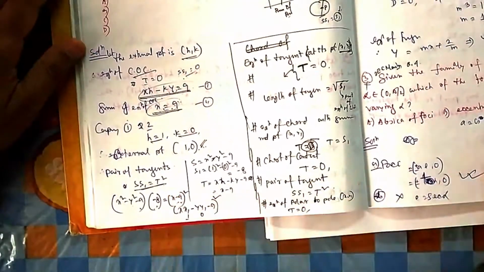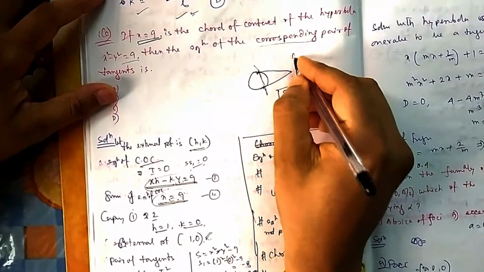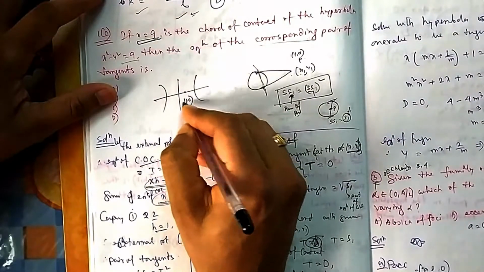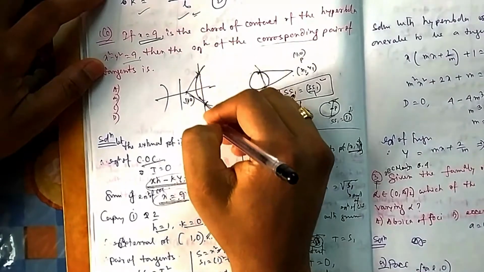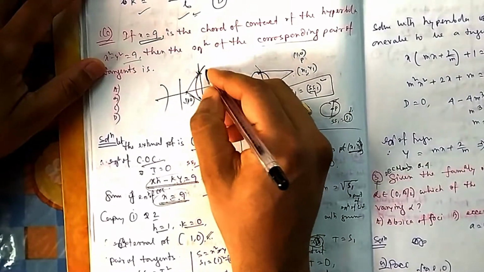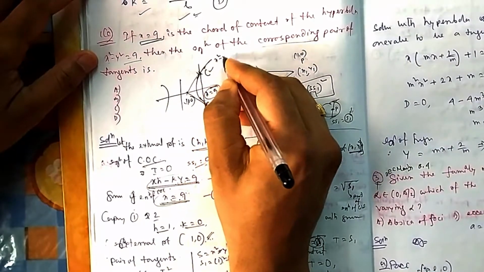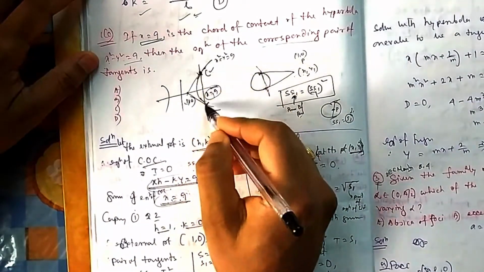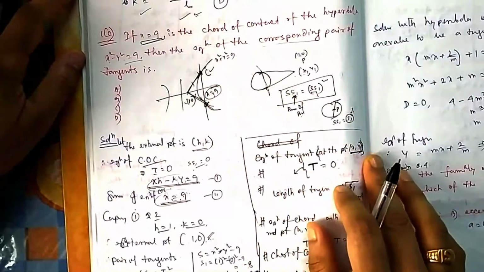Or suppose you don't know this formula, because I have not told you this straight line. So here you have already found the point 1 comma 0, and this is a hyperbola. Now you need to find the pair of tangents. This is one tangent, this is another tangent, because you know the COC is given, x equal to 9. So once x equal to 9 is given, you can find this coordinate, because x equal to 9 is intersecting with this hyperbola. If you solve x equal to 9 and the hyperbola, you can find this coordinate. Once you know this coordinate, you can find the equation of this line. Take the product of these two lines, and you will find the pair of lines.